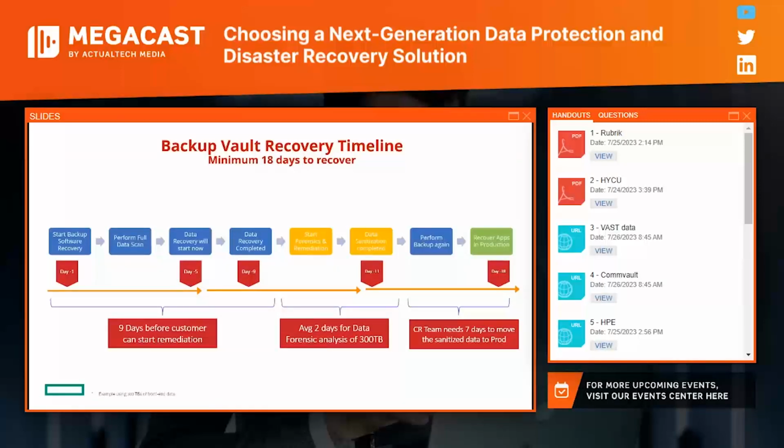All right, so this timeline is just illustrating what a backup solution vault really looks like. And the reality here is this isn't a simple recovery. The backup recovery takes time. You have to perform a full data scan. And if we're using the example of 300 terabytes, even at very fast restore speeds, we are typically north of 18 days from a recovery perspective.